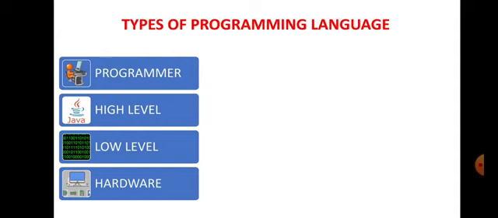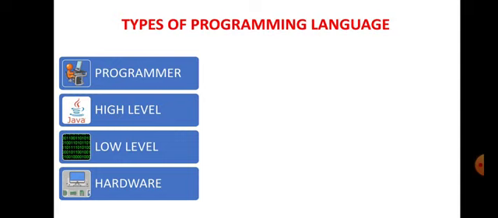The first one, what I taught, is a programmer. A programmer writes a list of instructions to communicate instructions to a machine. He also creates programs that control the behavior of a machine. The high level language is more user friendly and closer to the human language. It can be easily understood because it is in the form of English language.